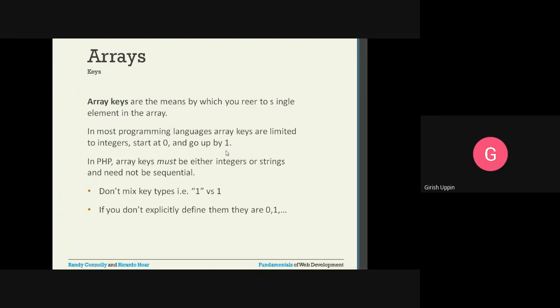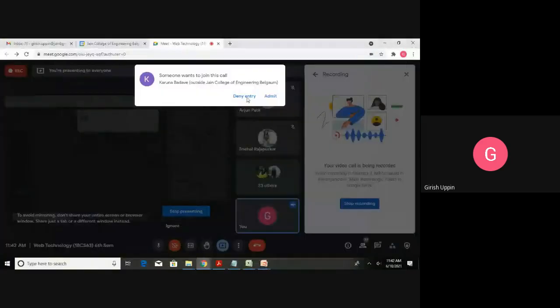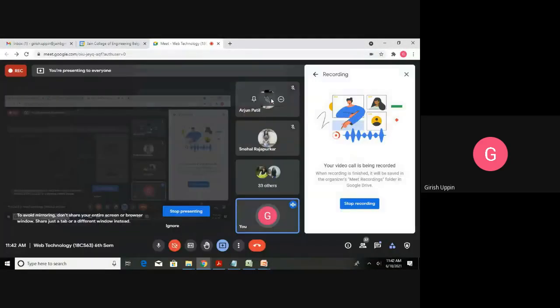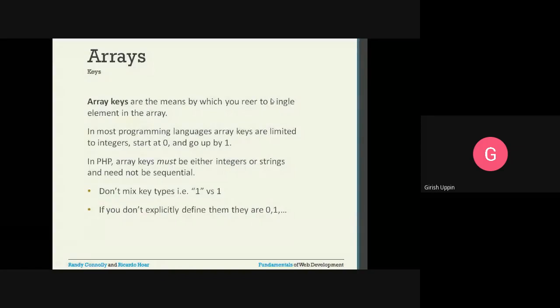But in case of PHP, we can have other than integers; we can have string or text keys. Text can be used as a key. We will see the example for that. So instead of using integers, I can have a key as some kind of text.